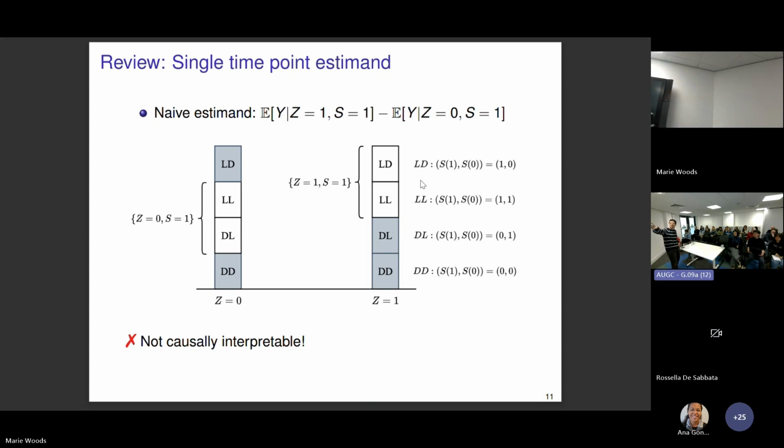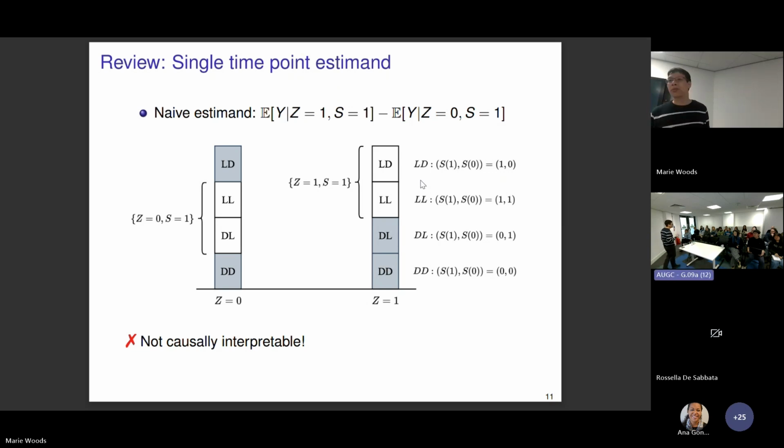the first part of this conditional set, people who survive under treatment, will be a combination of the first two, straight up, right? So this will be either you always survive or you only survive under treatment. These are the people who will survive under treatment. And the second subset will be a combination of L and DL, so you either always survive or you only survive under control.